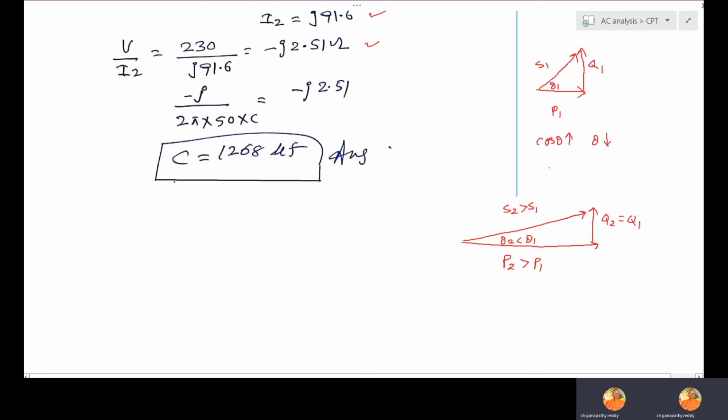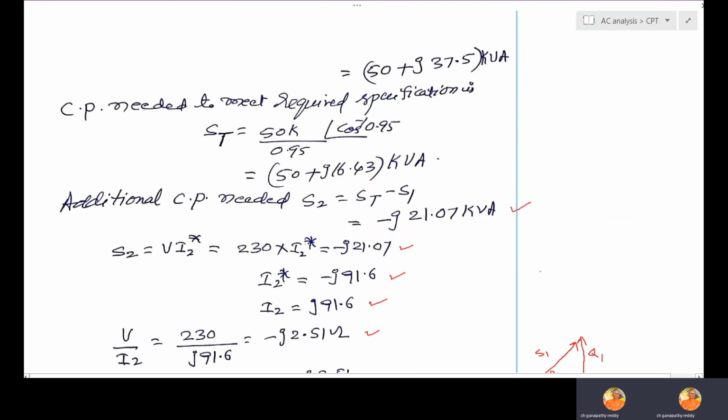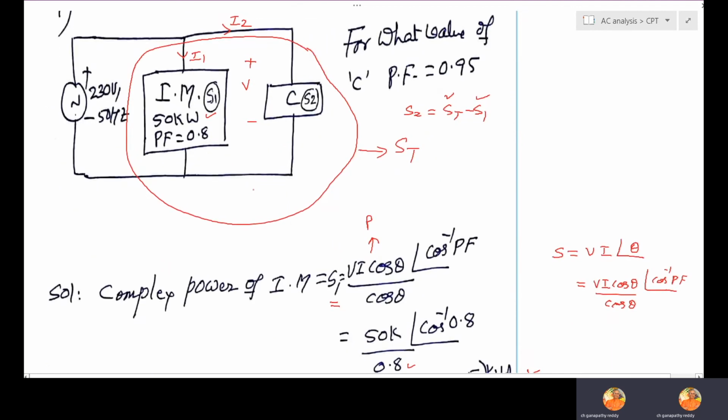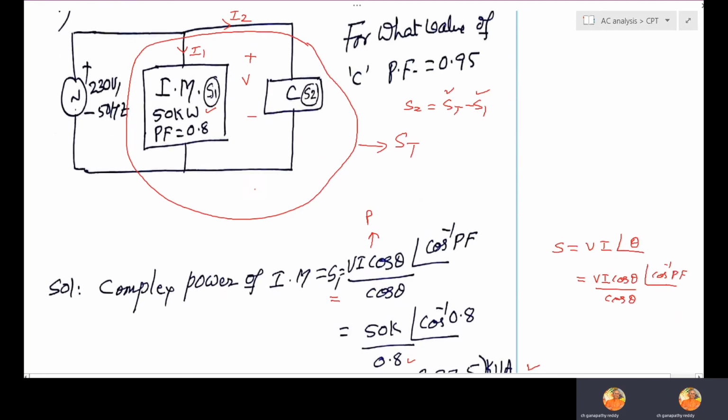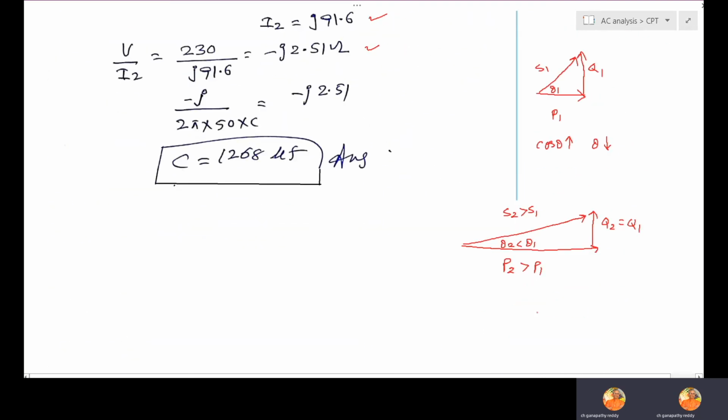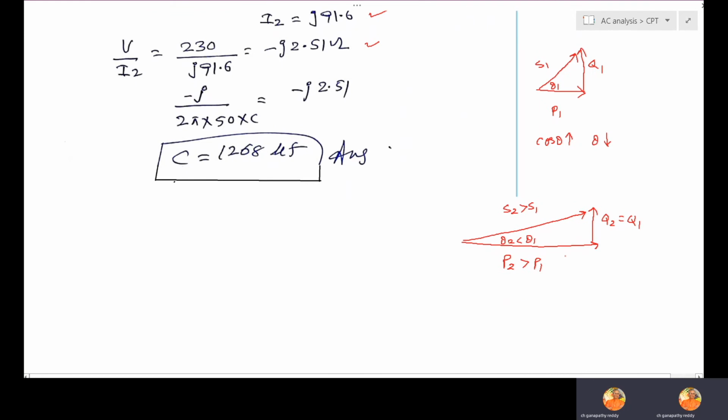But why don't we adopt this method? The reason is power is increasing. This induction motor should consume 50 kilowatt only. Instead of 50 kilowatt, if you apply 100 kilowatt, the motor will spoil. Then you have to go for rewinding and money will keep on being wasted. So don't increase the P value. Without disturbing P, you have to improve the power factor. Then what is the other option we prefer?